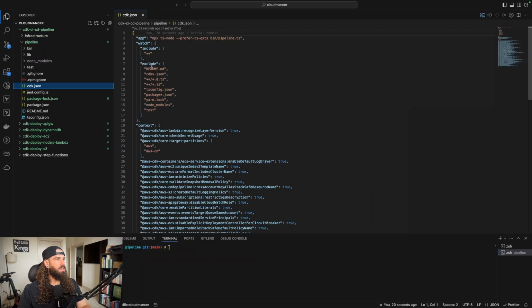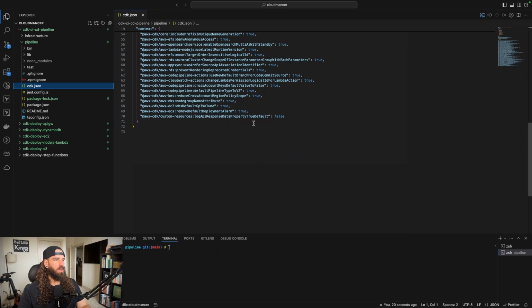Perfect. All right, the first thing we're going to do is open up cdk.json, and we're going to declare some context variables that we can use in our pipeline. The first is going to be our infrastructure repo name, and that's just going to be named whatever we called this parent folder here. The next thing we're going to do is declare the repository owner. In this case, it's Cloudmancer Media. It's just my GitHub username. Just keep in mind that it is case sensitive if you're using GitHub.